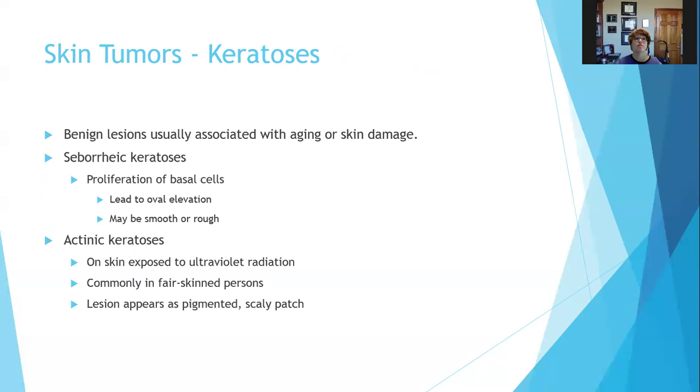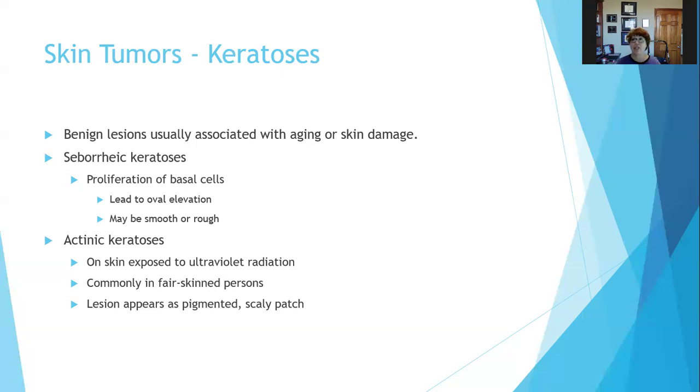Seborrheic keratoses are proliferation of basal cells that lead to oval elevation. The elevation may be smooth or rough. Actinic keratoses are on skin that's exposed to UV radiation, commonly in fair-skinned persons, and the lesion appears as